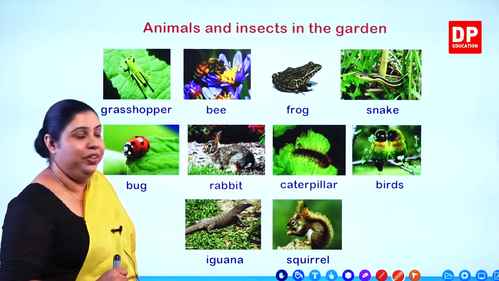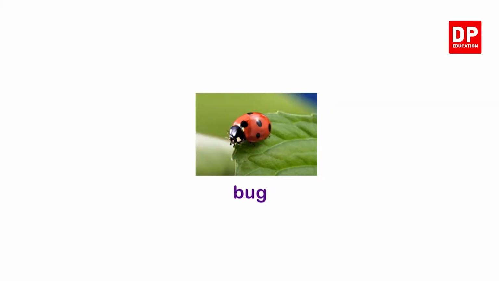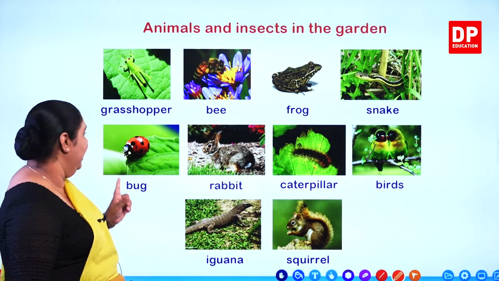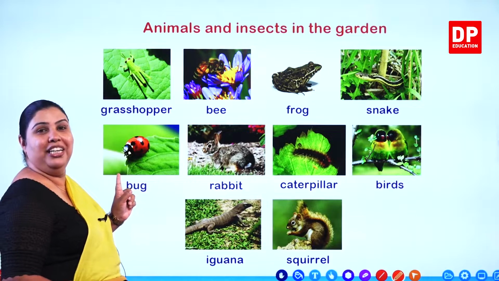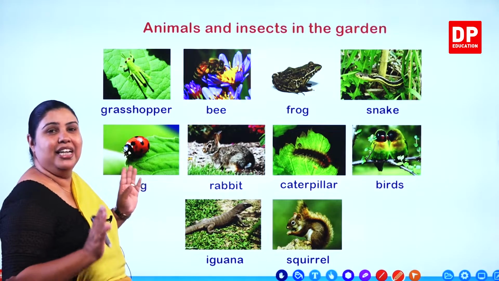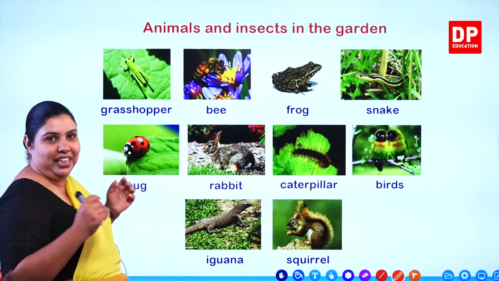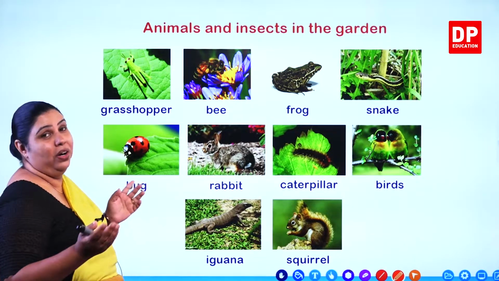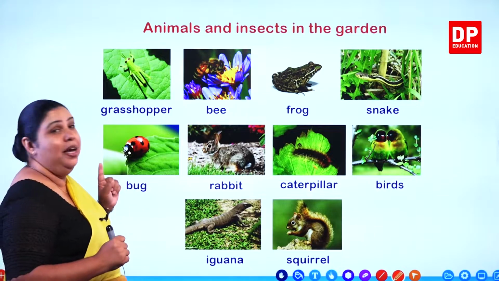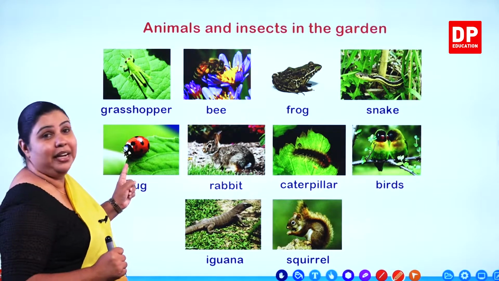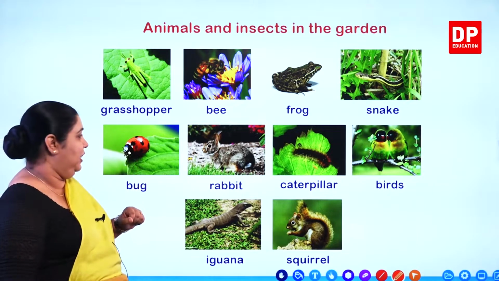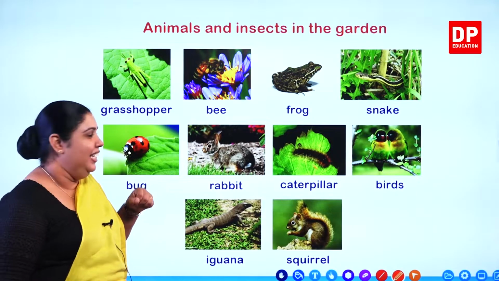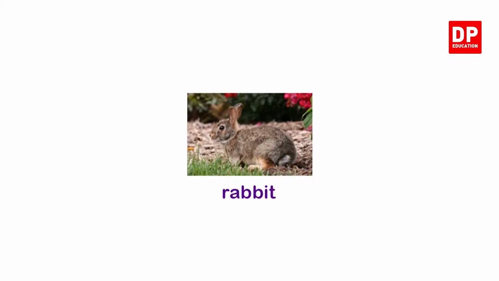Then who else do we have? We have the beautiful bug. ඔන්න පුතේ ladybug. පුංචි කුරුමිනියෙක්. Ladybug. Now these are the animals that are in the garden. We can very often see them. It is the ladybug. We call it the bug. B-U-G, bug. Right? So this is that beautiful, colorful picture. Who is this? It is the rabbit.